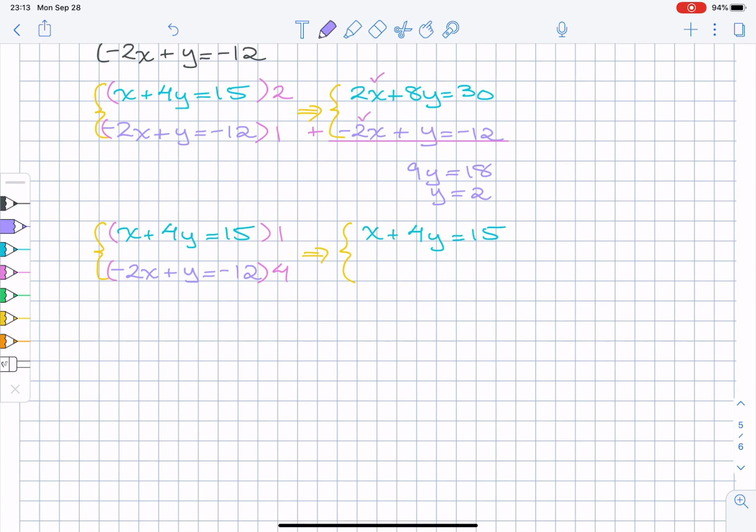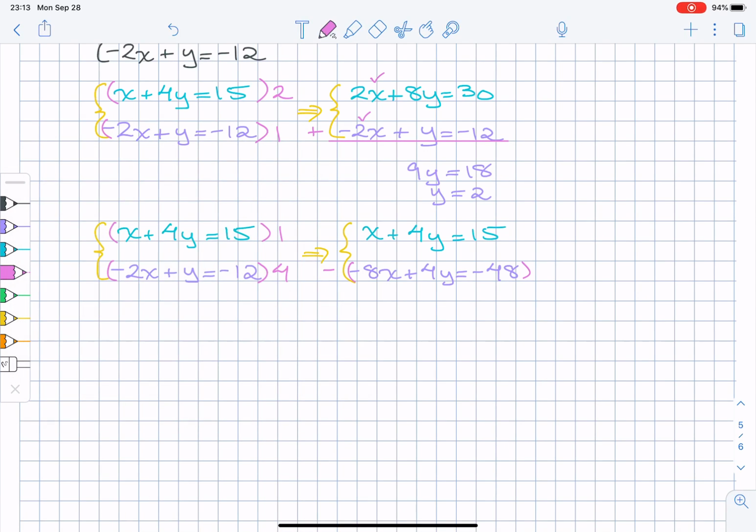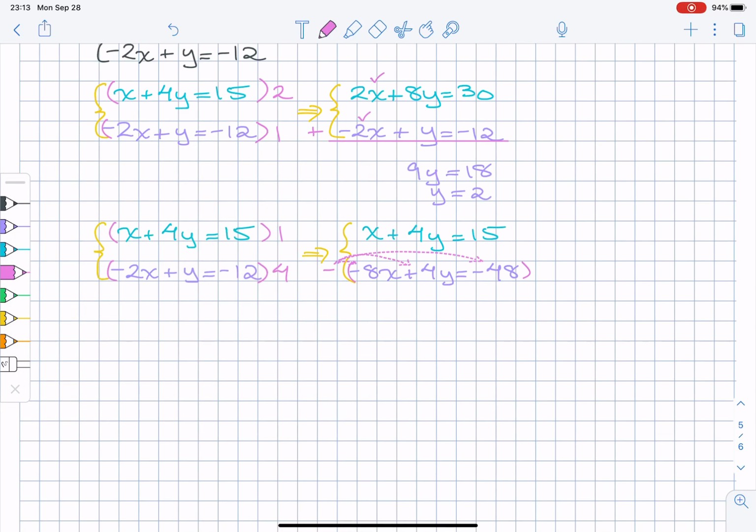second equation now becomes negative 8x plus 4y is negative 48. But notice I'll need to negate this in order for the y's to sum to 0, if I distribute the negative sign everywhere. Okay, so x plus 8x